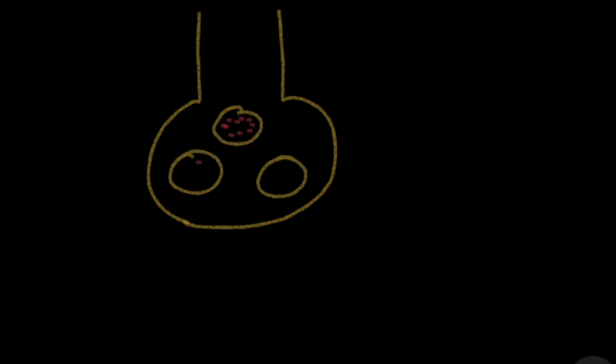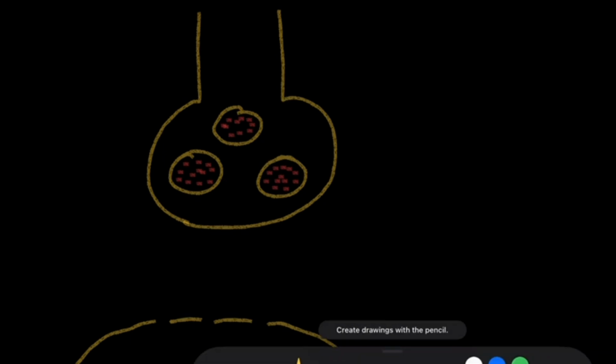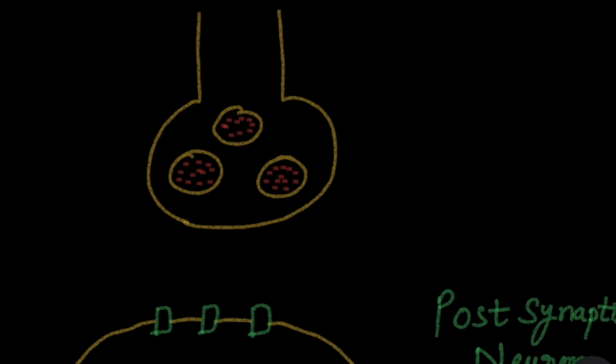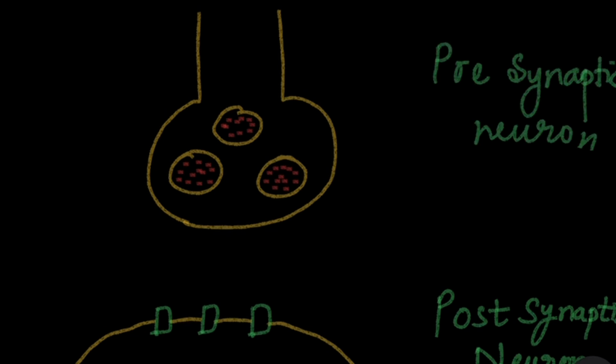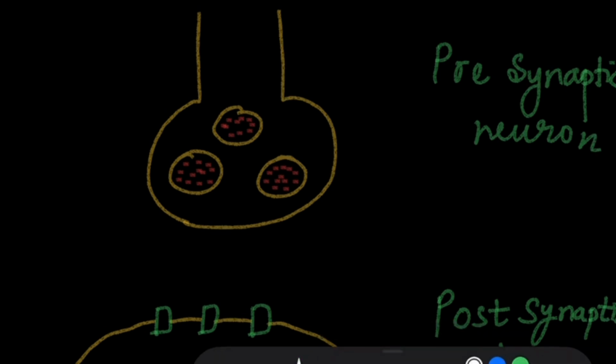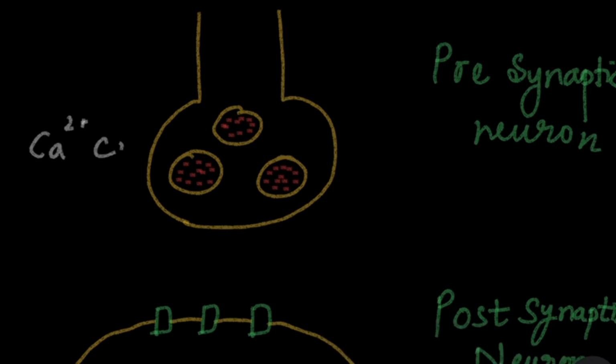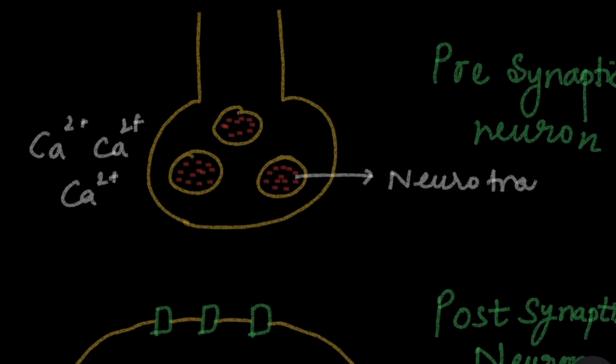Now if we take a closer look, this is a presynaptic neuron, and these are small vesicles of neurotransmitter. Any neurotransmitter, it can be acetylcholine, it can be norepinephrine. This is the postsynaptic neuron, and the green parts are the receptors on which the neurotransmitter will get attached. Now there is a presence of calcium ions. Calcium ions are present outside of the cell, and when there is some impulse traveling,